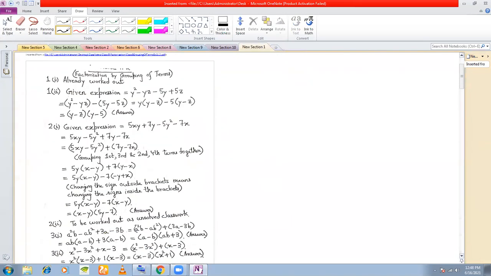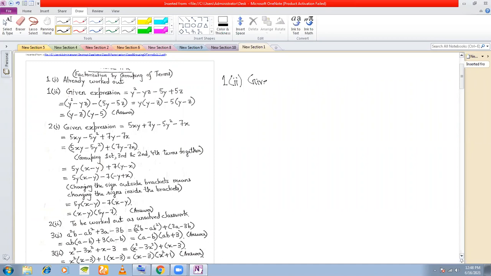The next exercise here is also grouping of terms, but here we will not group the terms without seeing. You will have to see what terms we have to group. Normally here you will have expressions containing either 4 terms or 6 terms, mostly an even number of terms. For example, let us say this problem.